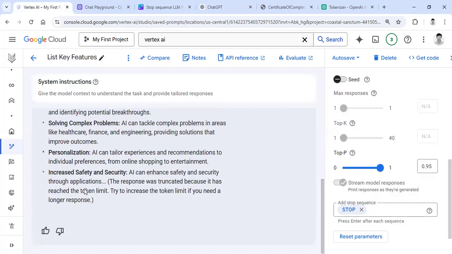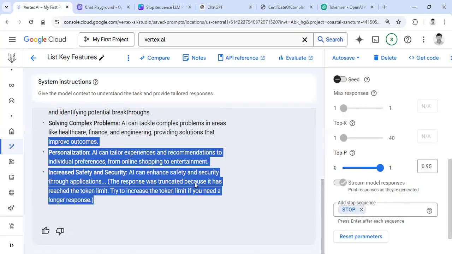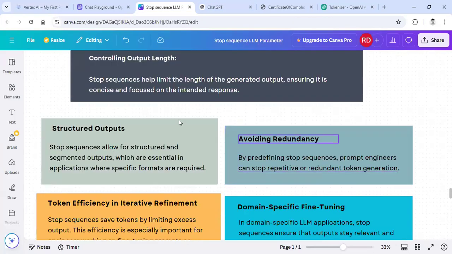So it stops generating the text content here. Okay, so this is how a stop sequence controls the outputs of large language models. In the next concept, structured outputs: stop sequences allow for structured and segmented outputs, which are essential in applications where specific formats are required. Stop sequences help generate structured data efficiently,